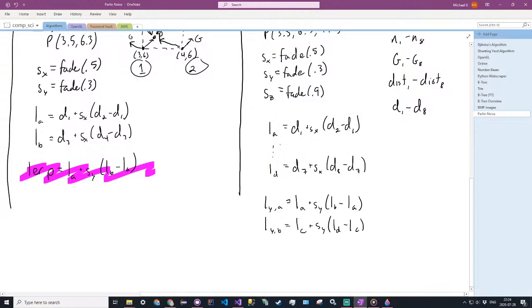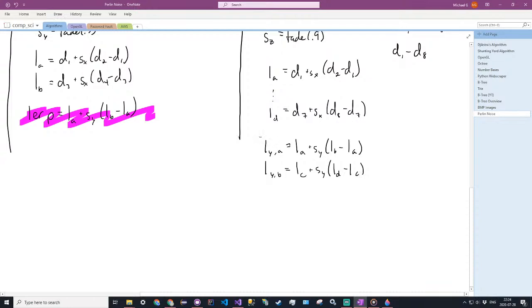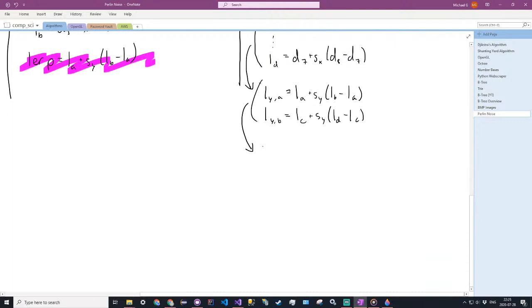If you don't know what this formula is, it's just linear interpolation. It's a function that takes in 3 parameters. It'll make a lot of sense in the code. So this is our second nest. So this is one nest, and then finally we have our third, our final result, which is lerp, or the final answer is equal to